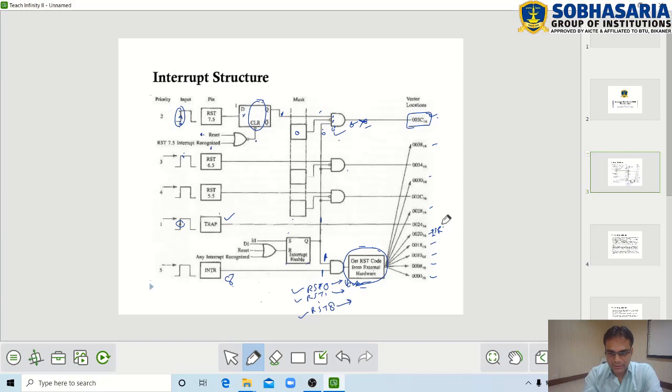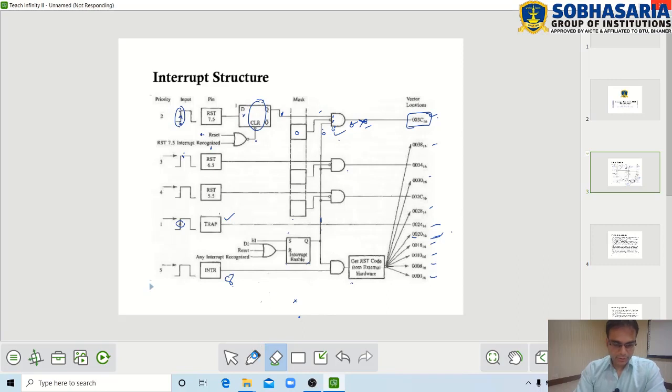Then we can say that the INTR is serviced, meaning the particular ISR at a particular vector location is executed and has completed its task. So to complete the service of the INTR interrupt, we need to identify one location among these 8 locations, right? That is why the INTR interrupt is a little different, because this is non-vectored. I hope you have got a little idea how this interrupt process gets executed.